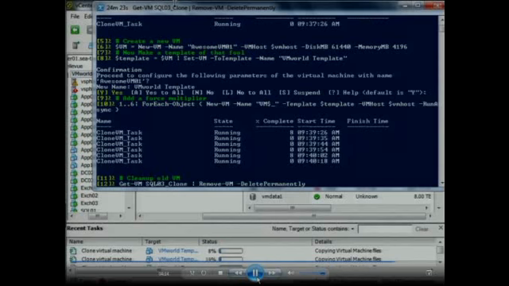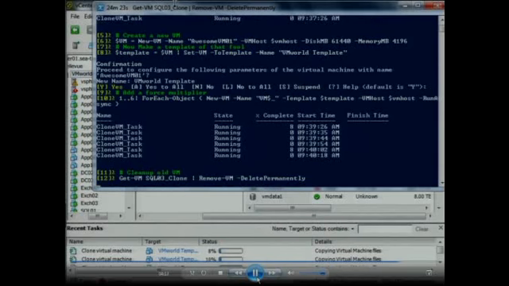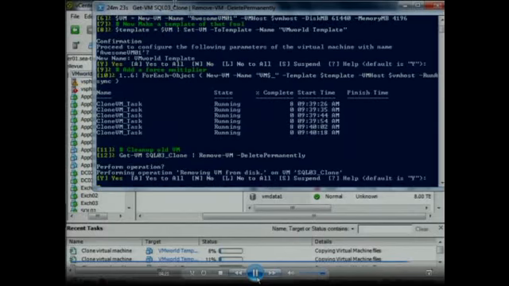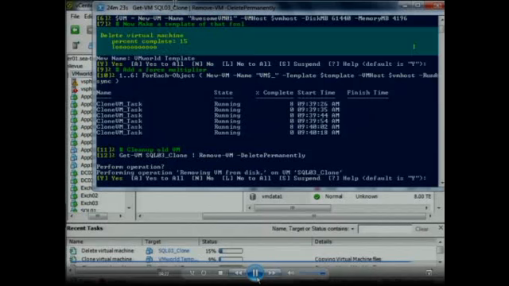So the next thing we do, they're all done with the testing, so what are we going to do? We're going to get our clone that we just made, that name clone to distinguish it, and we're going to remove it. And we're going to remove it with a chainsaw, right? Delete permanently. We're going to make the disk go away. Again, because we might be getting fired for it, it's going to ask if we're really sure we want to do that. We're professionals. We know what we're doing, right? And it's a lab environment. Who cares? And there's your progress bar. I think that's it for that demo, right?